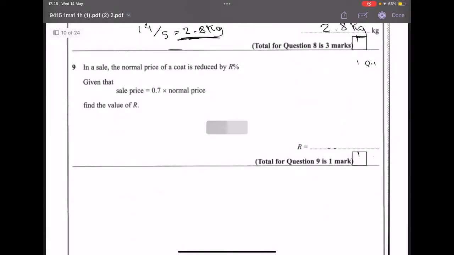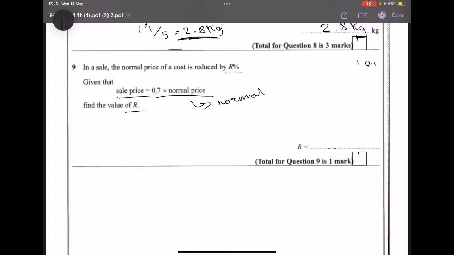Now number 9 is a percentage change question. In a sale, the normal price of a coat is reduced by R%. Given that the sale price is 0.7 times the normal price, find the value of R. So the sale price equals 0.7 times the normal price. Now the normal price, someone has already written the answer in the question. Yes, that is correct. So the normal price